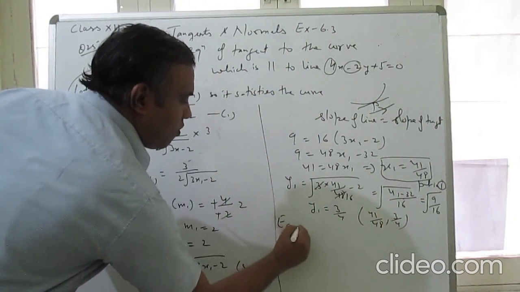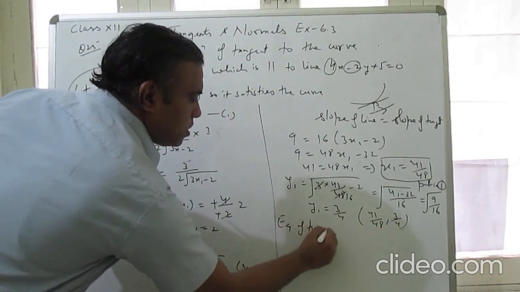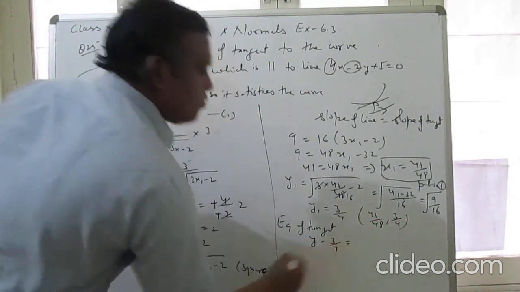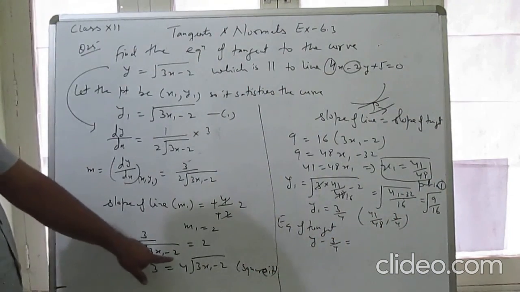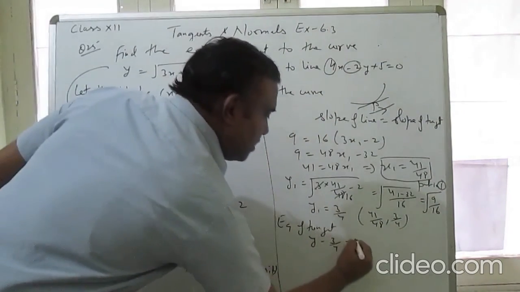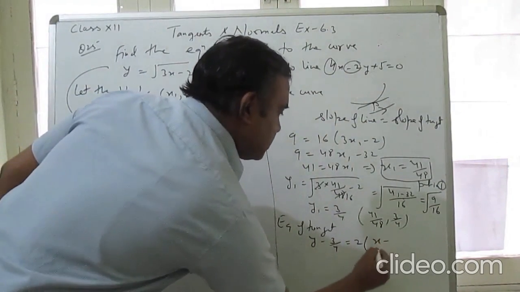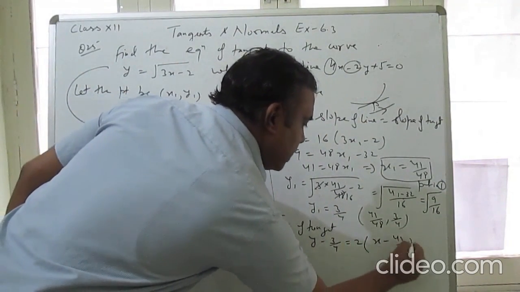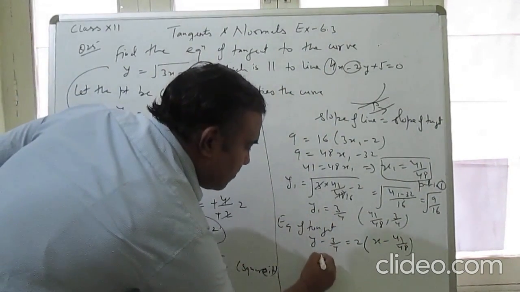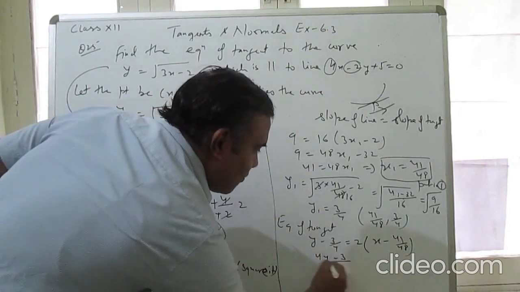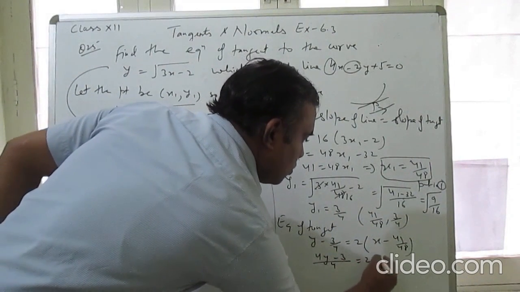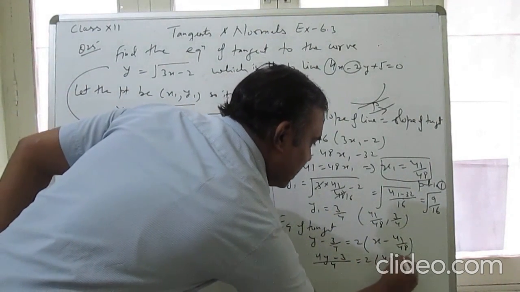So equation of tangent: y minus y1 is equal to, what is the slope? Slope of line is equal to slope of tangent, which is 2, into x minus x1, 41 upon 48. Now take LCM, 4y minus 3 upon 4 is equal to 2, 48 LCM, 48x minus